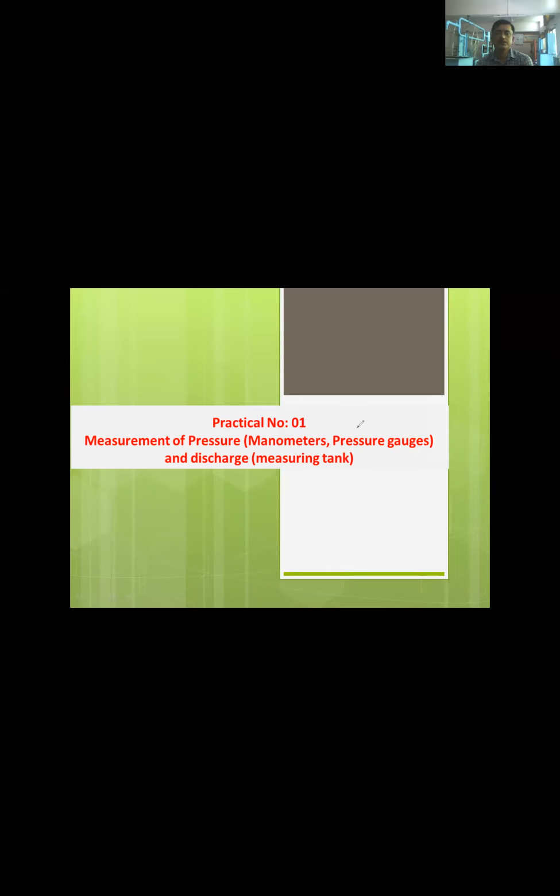And discharge. Measurement of pressure in bracket, manometer, pressure gauge, bracket complete, and discharge, bracket in bracket, measuring tank. This is the title. Then next write down